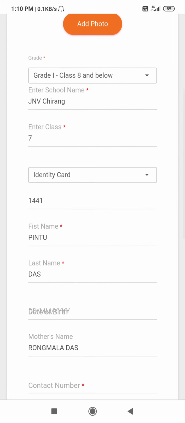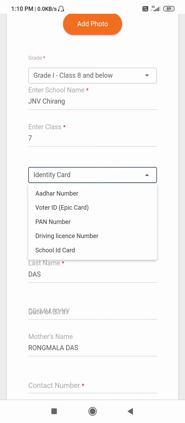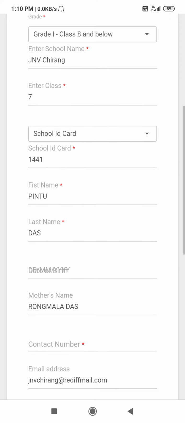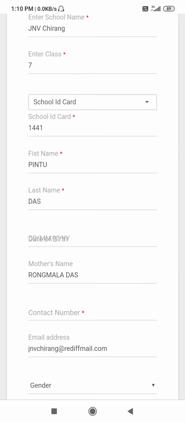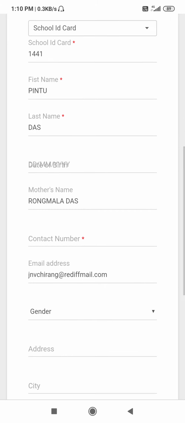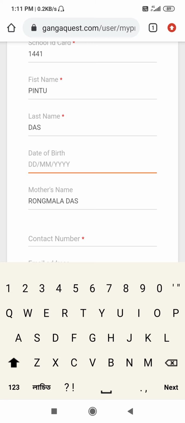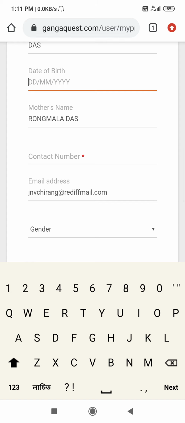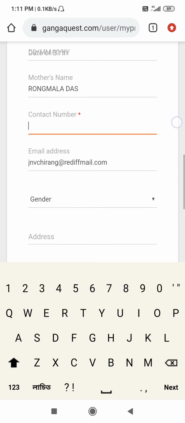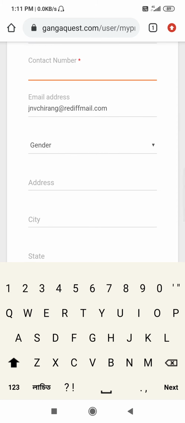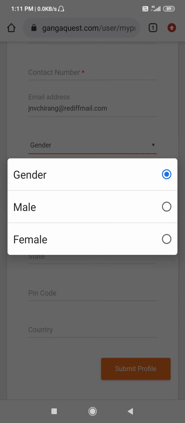Then identity card. Here you click and change it to school ID card. Then there is no need to enter the school ID card number, name, or last name. Put your date of birth here in day, month, year format. Enter your mobile number or your parent's mobile number. Then you select the gender, male or female.